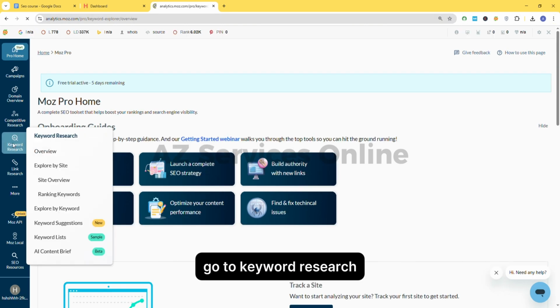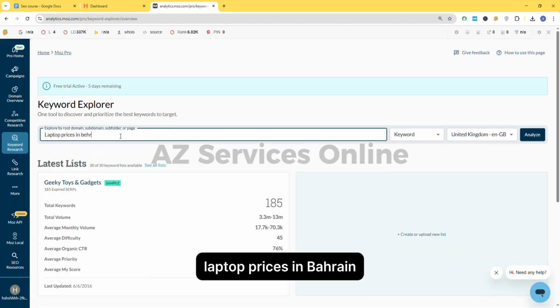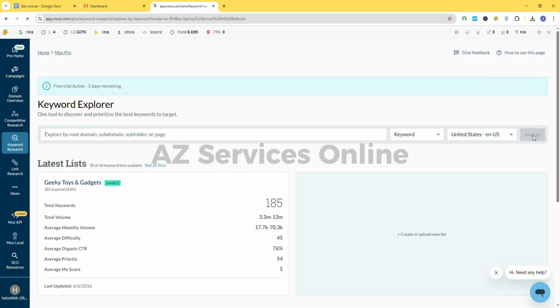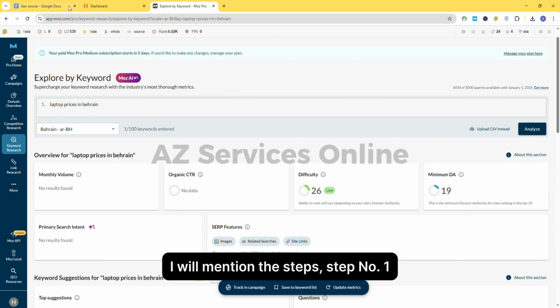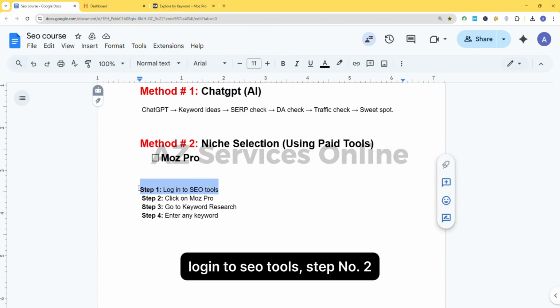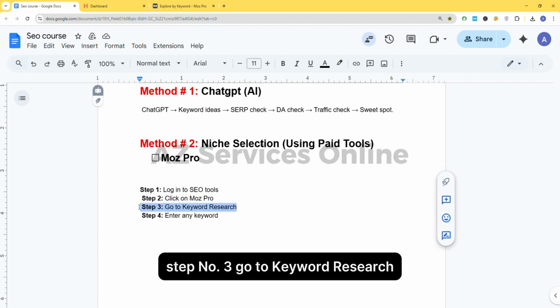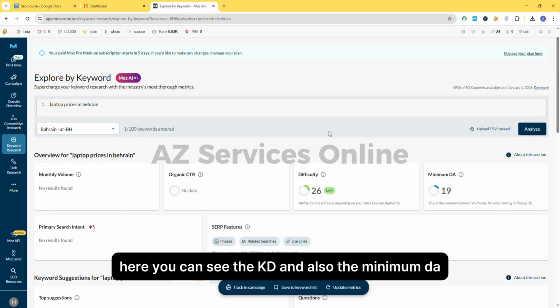Now I will show you how KD works. Go to keyword research. I want to check the KD of the keyword laptop prices in Bahrain. Here I select the Bahrain region and click analyze. You will see the results for the keyword you entered. I will mention the steps. Step number 1, log in to SEO tools. Step number 2, click on Moz Pro. Step number 3, go to keyword research. Step number 4, enter any keyword. Here you can see the KD and also the minimum DA, meaning no sites with a DA lower than this